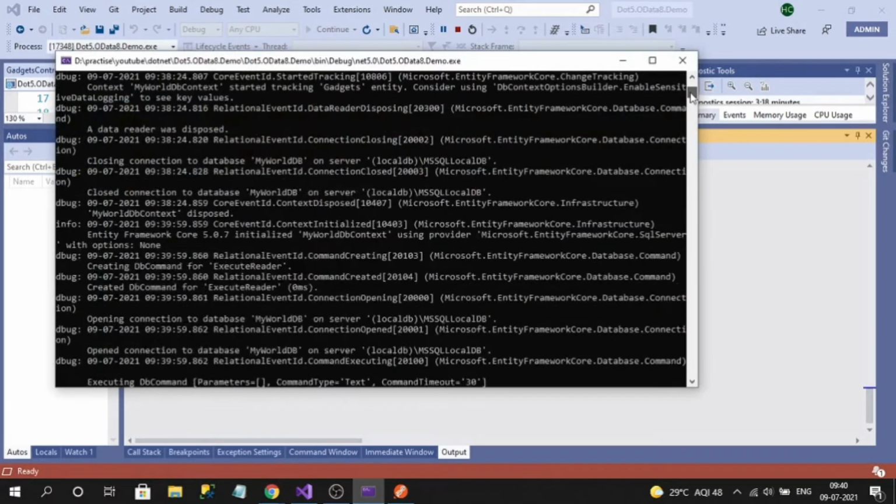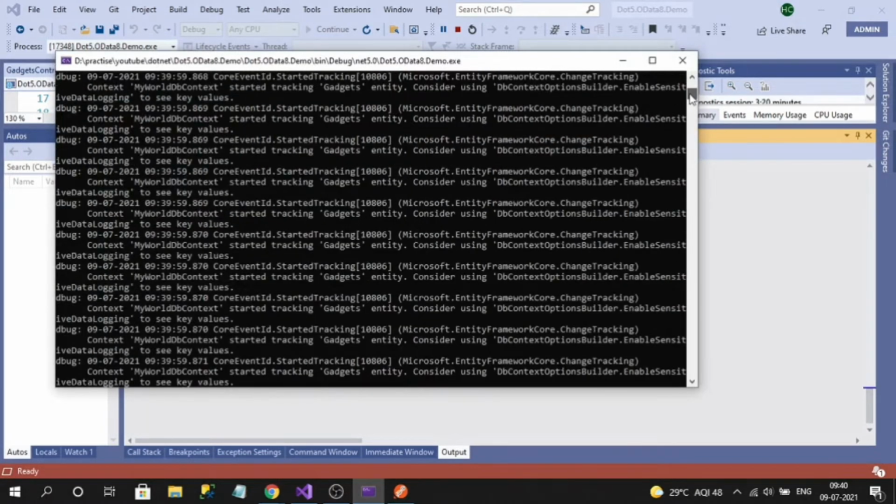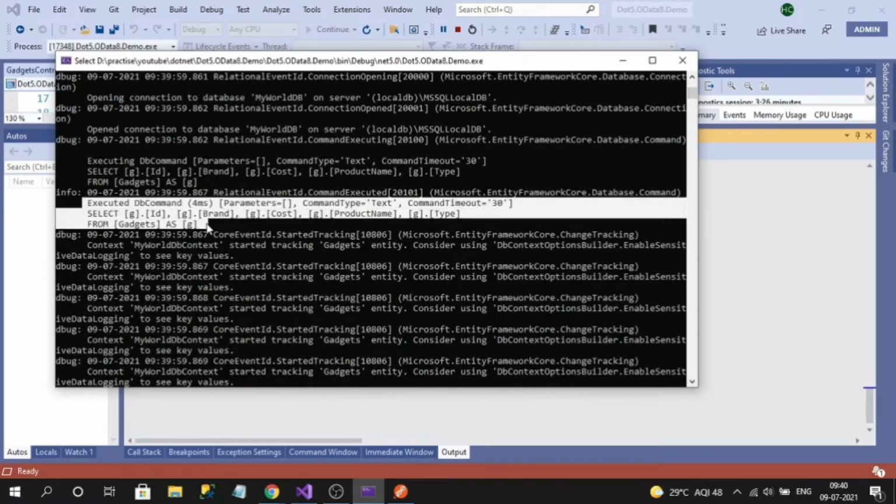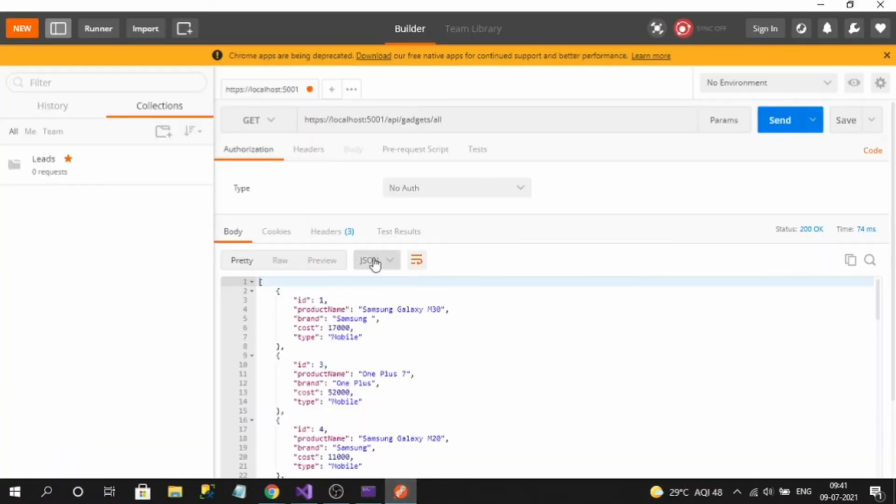If you carefully scroll up, see here, query executed. Select means it is getting all the columns from the database, right? Till now it is a normal API query only.